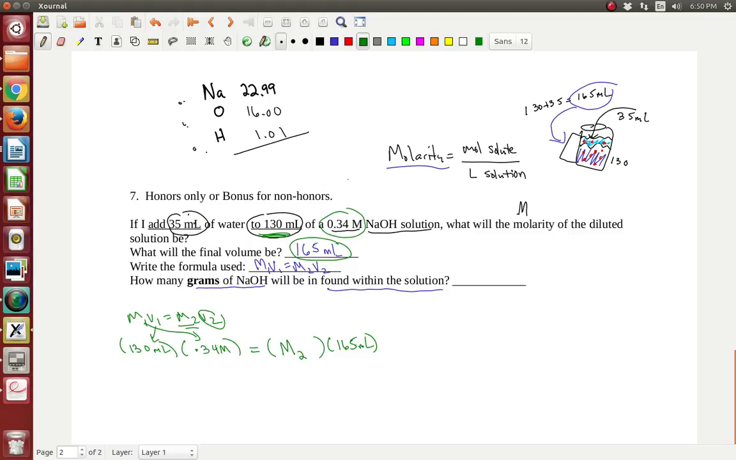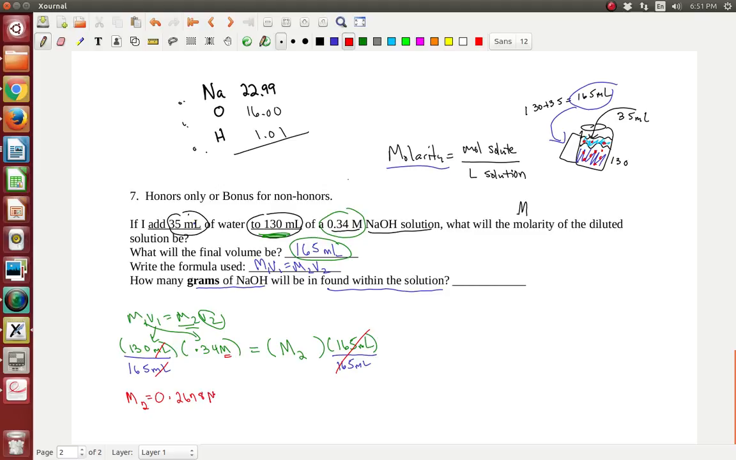Okay, so now we just need to solve for M2. We're going to divide both sides by 165 milliliters, and it will cancel out. I went ahead and wrote that in for you. We'll have 165 milliliters canceled on both sides. The milliliters cancel here, so the unit is molarity. And now if I do the math, 130 times 0.34 divided by 165, I get